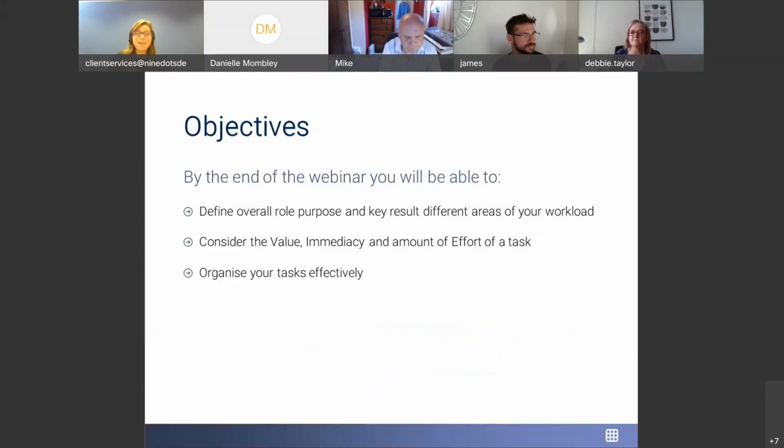So let's start. What is this short, sharp session going to train you on today? You're going to learn to define the overall purpose and key results area of your workload, understanding what is the job that I'm there to do. Then consider the value, immediacy, and amount of effort a task will take, and by doing that, you can organize your tasks more effectively. Essentially we're giving you a couple of really good tools to go away and effectively